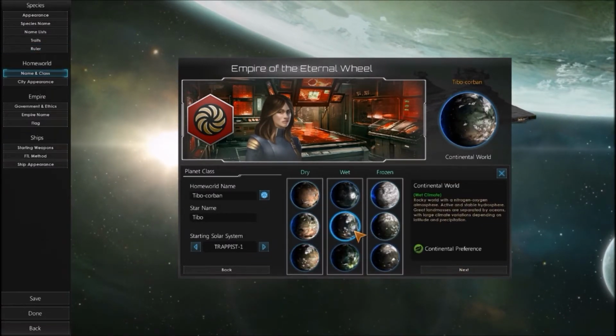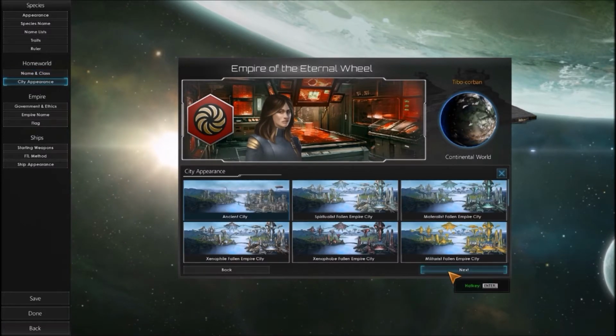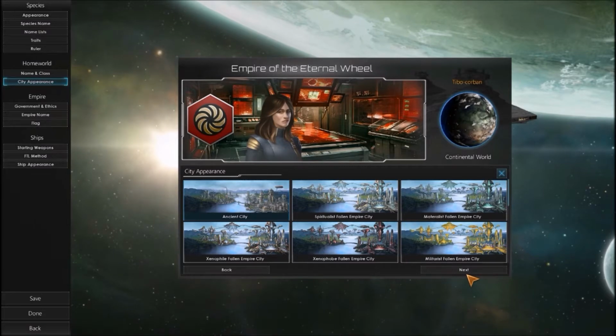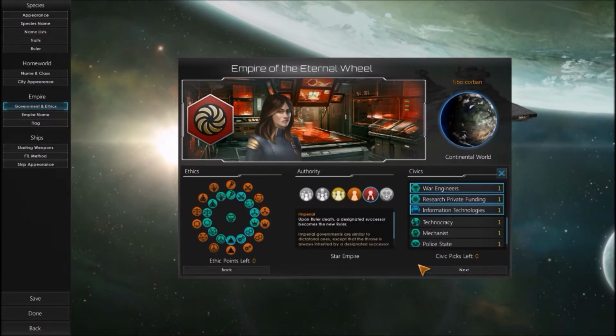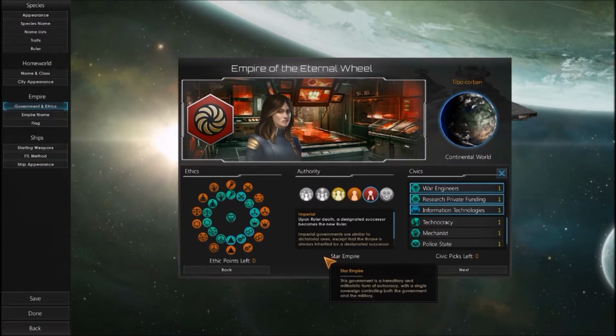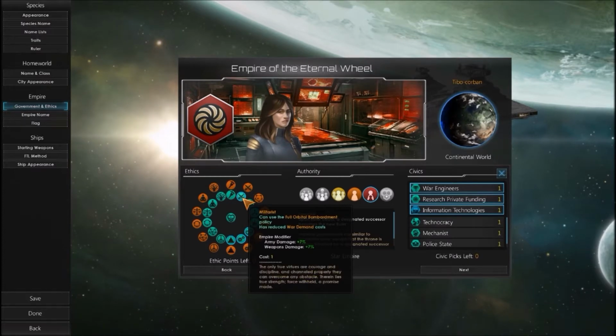Trappist system. Continental preference. City appearance. Ancient city. Because we're weird like that. Now, ethics, I've been trying different things. We're always a little